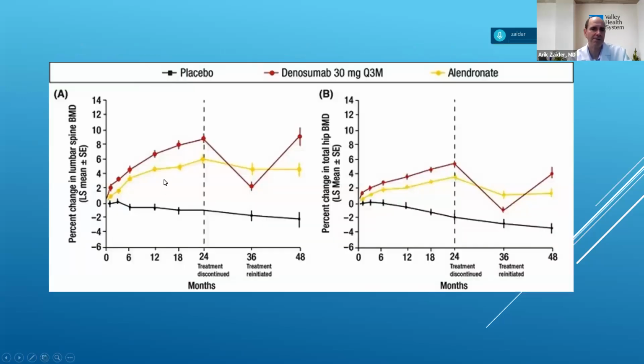That's one of the newer findings I wanted to bring up about Prolia. Here you kind of see it demonstrated, okay? If you look at the top red line, that's Prolia, looked at over a course of 48 months. The yellow line is Fosamax, okay? So at month 24, where the dotted line is, they stopped giving Prolia to these patients, and you see that the bone density started plummeting. Notice what happened to Fosamax, right? The yellow line, Fosamax, just stayed the same. It gets to where it needs to go, and it plateaus, which is kind of steady. But not so with Prolia. Prolia will drop, and then when you give it again, the bone density starts rising again, okay?